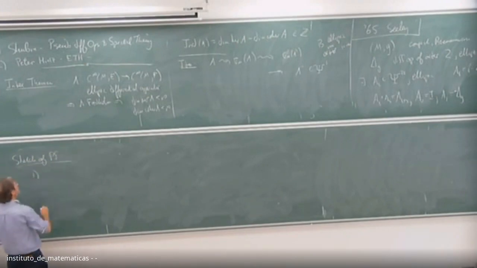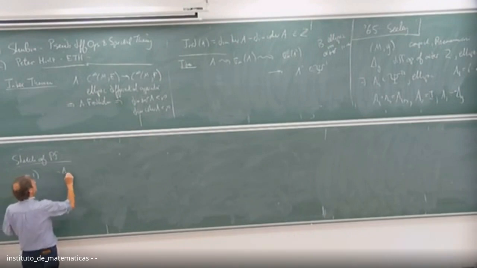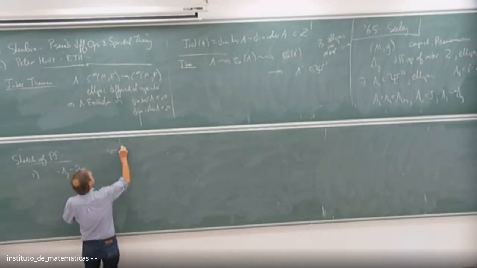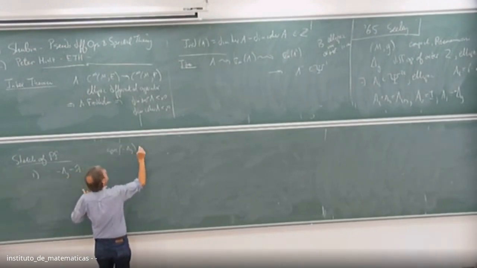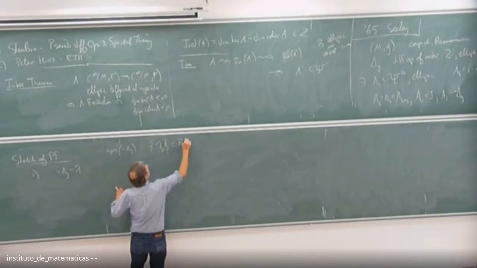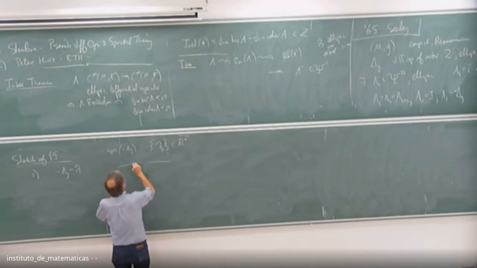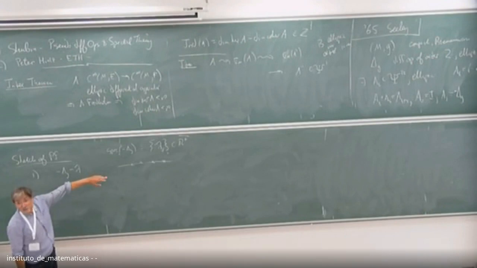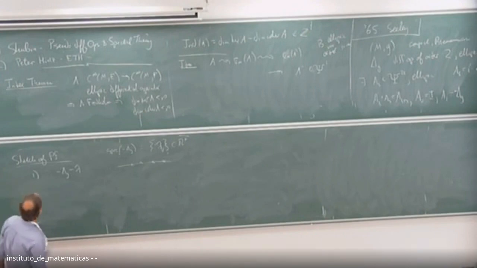So the first step is I take minus the Laplacian of g minus lambda. That's an elliptic operator. So the spectrum of the Laplacian is some discrete set of numbers, lambda j, in R plus. Here's the spectrum. By the way, this fact also follows very easily from what I've done before. It's invertible modulo compact operators, and has discrete spectrum going to infinity.